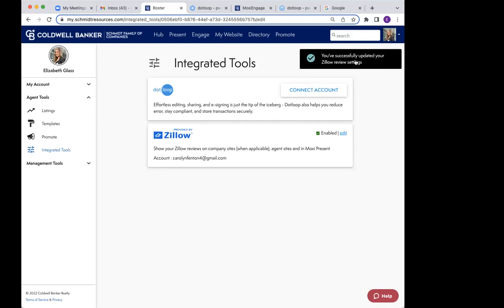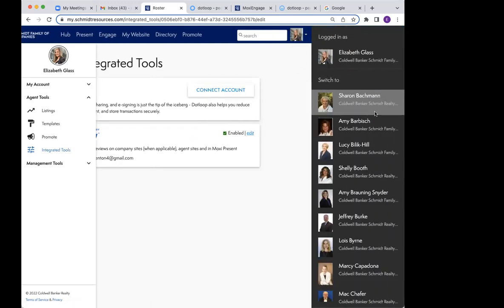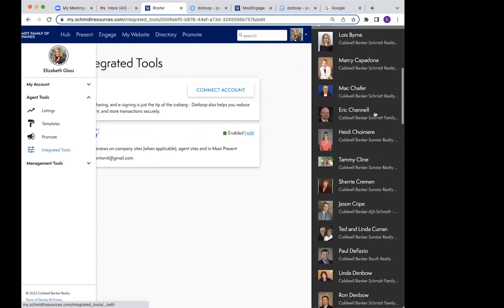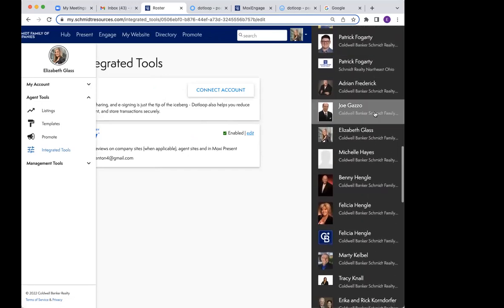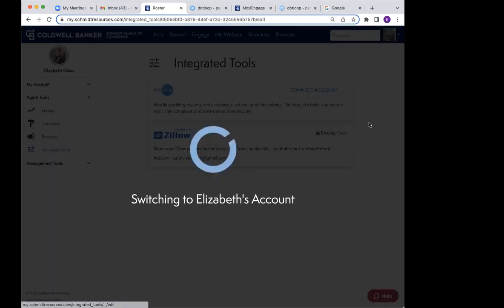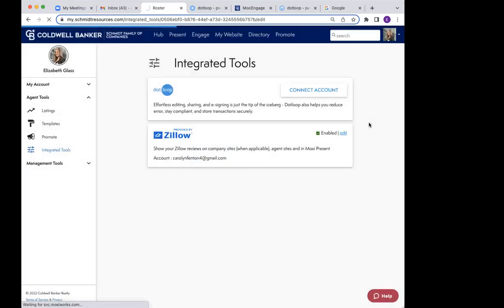To do this, I'm going to go ahead and switch into an agent account. And I'm going to use myself as the potential lead for that agent. That way, what's going to happen? You're going to get that full 360. You not only are going to get the agent view, which is what you're going to be doing, but